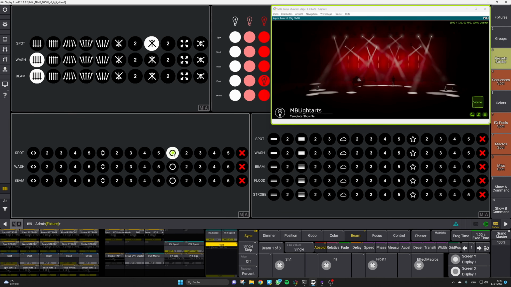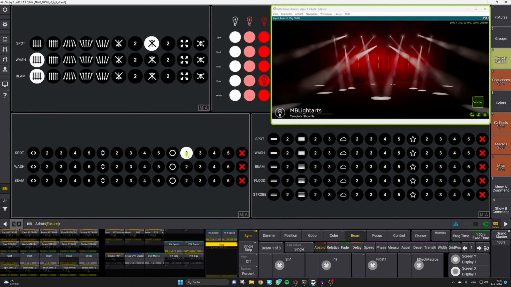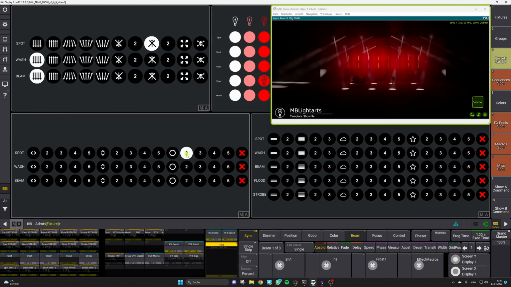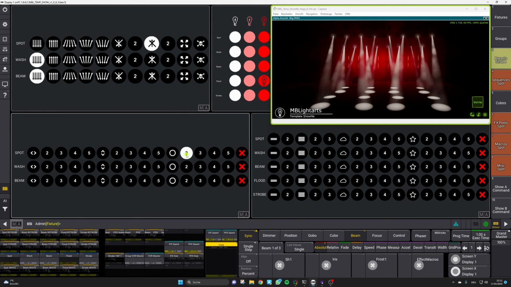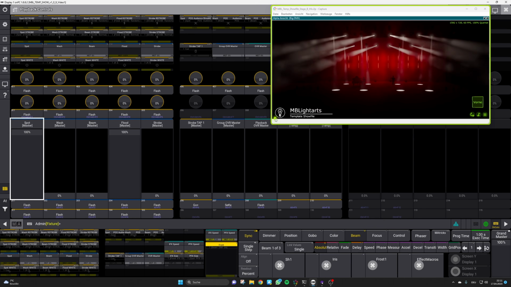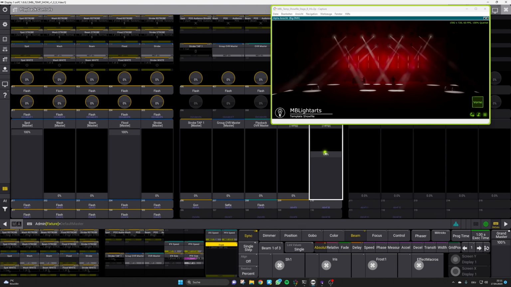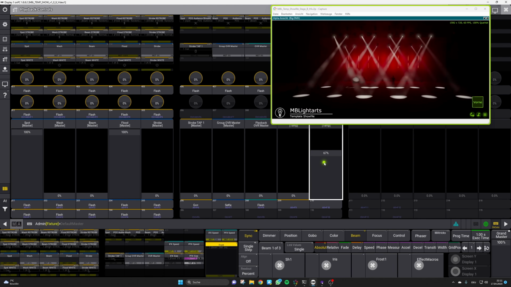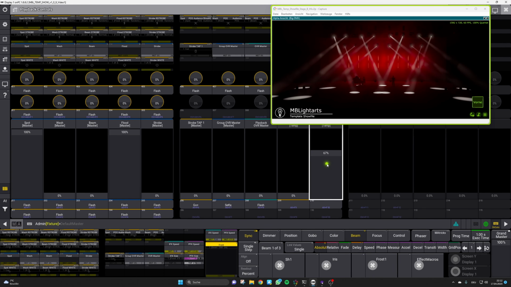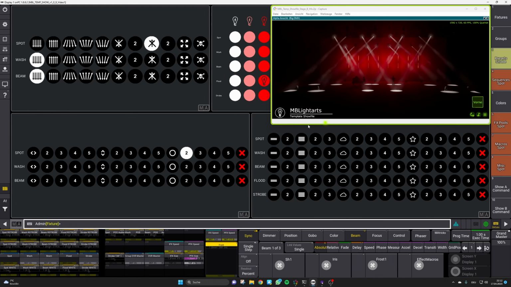And let's try some movements. And as you can see, they will also work just fine. If you don't like the size of them, simply move over to the faders and use those temp faders for the size of those FX. As you can see, now the size is decreasing perfectly. Okay, let's get back to this layout,